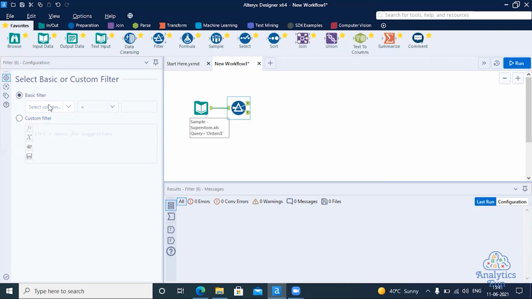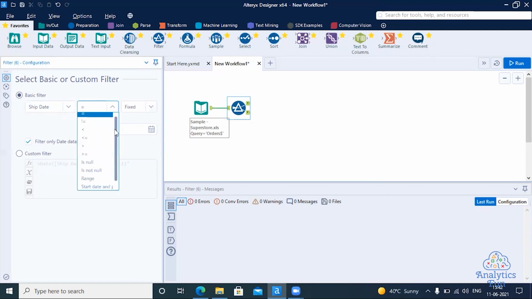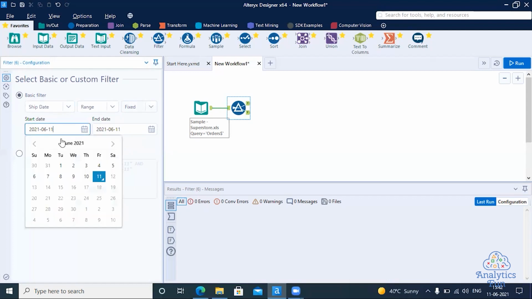Using one basic filter, I will select shipping date because I want to know the shipping date in 2018. Now you can see we have a couple of options here, and I want to choose a range. In the range, it will give me a start date and an end date, and I will select the start date as 1st January 2018.